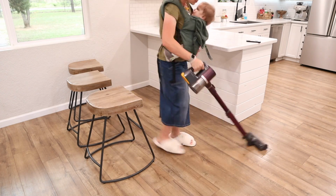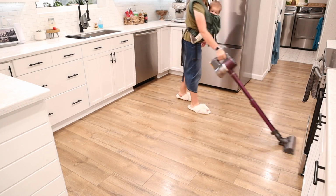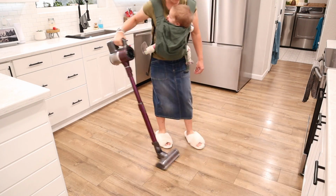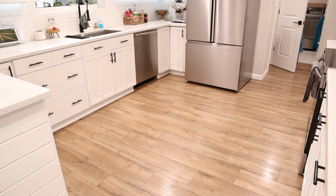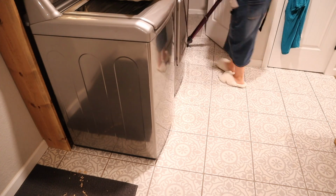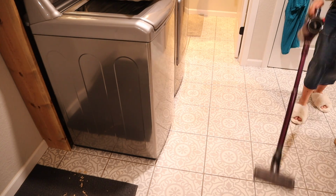So I'm just finishing up the vacuuming, getting in some of those corners that the robot vacuum can't. I wanted to give this back door rug a really good vacuum because it was filthy. It usually gets filthy pretty quickly, and I was planning on mopping the floor on this evening, but I just